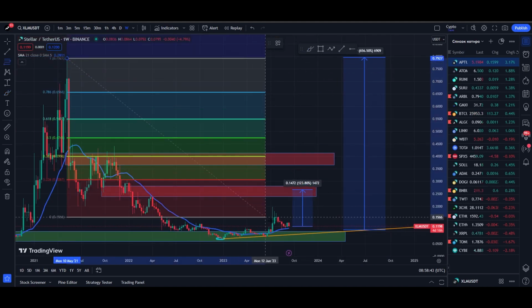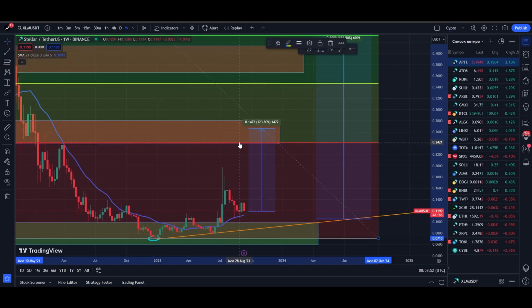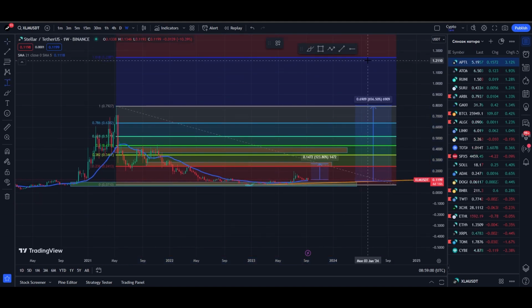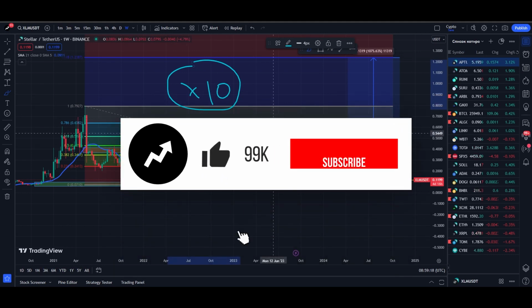To determine the global targets, let's stretch the Fibonacci grid. Once again, we can see that the 24-cent zone coincides with the Fibonacci level. We can also see that the global target is $1.20, which is exactly 10 times the current price. This is where I would sell 95% of my Stellar tokens. I could be done now, but I would like to show you a very interesting chart that you will only